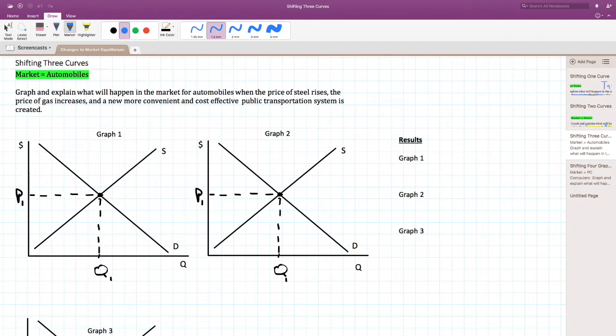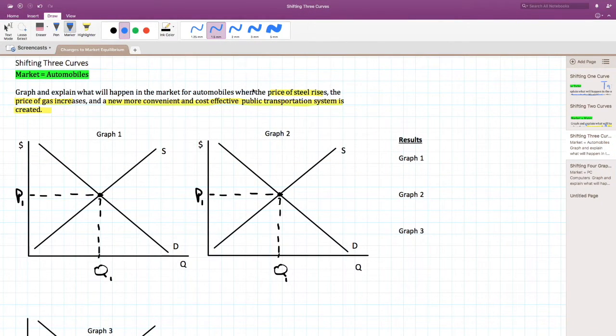So here the market is automobiles, and the problem is graph and explain what will happen in the market for automobiles when the price of steel rises, the price of gas increases, a new and more convenient and cost-effective public transportation system is created. Okay, so I have 3 shifts. Whenever I do these, it's best to take them